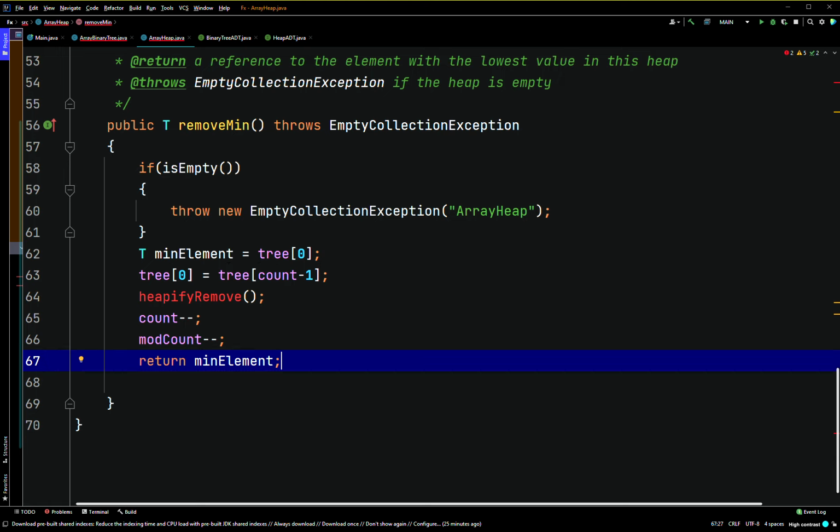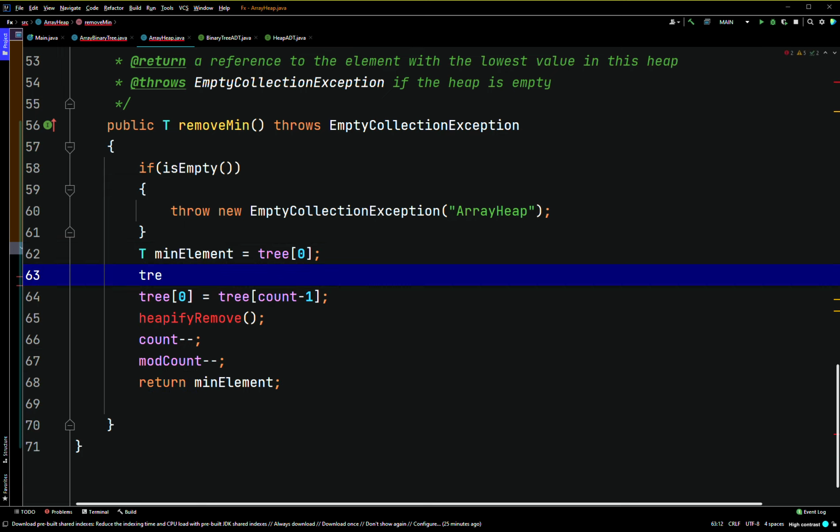So we didn't really set anything to null. We could have first set tree of index 0 points to null. Then, does that work? Yeah, it does. And then we could have said tree of array index 0 points to tree of array index count minus 1, but we don't really need to do that